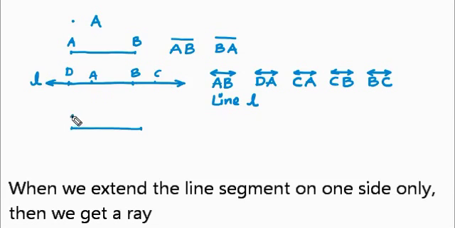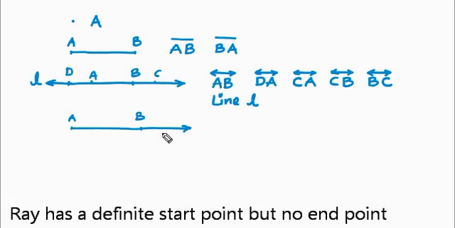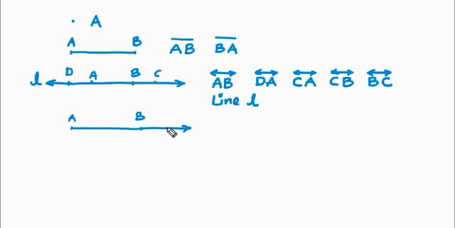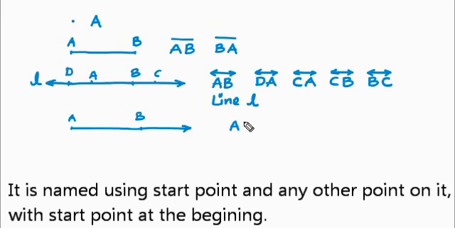Now this line segment AB, if we extend it only on one side, then what we have is a definite start point but no end point. In that case, this is called a ray, and it is represented as AB. Now let's say we have another point C here. Then we will represent this as AC,